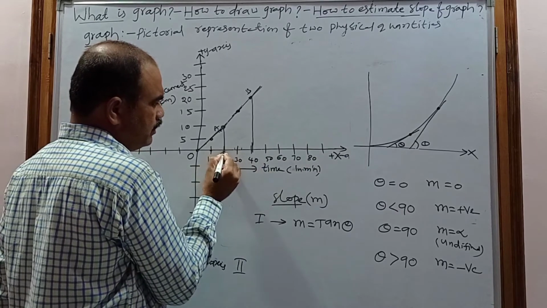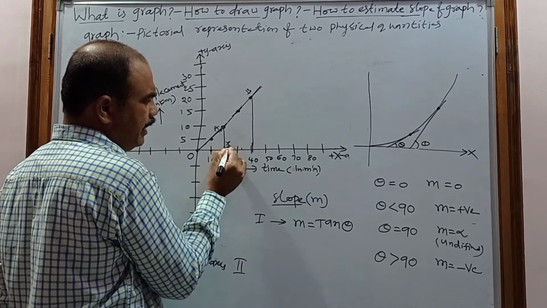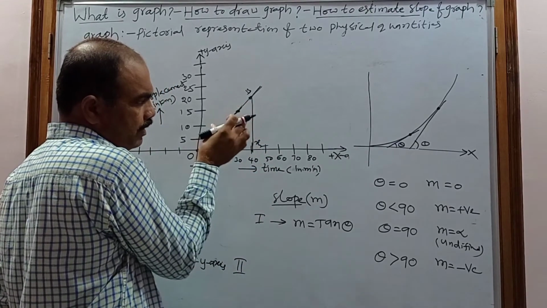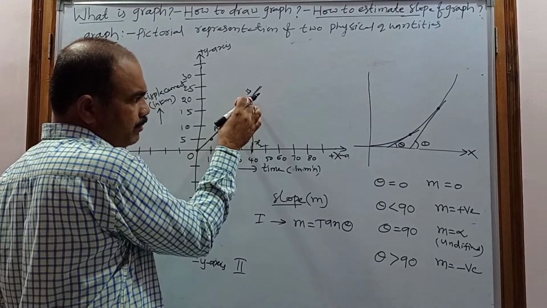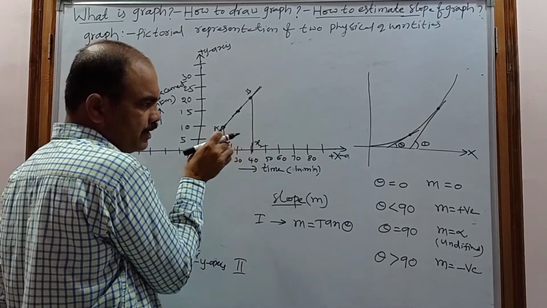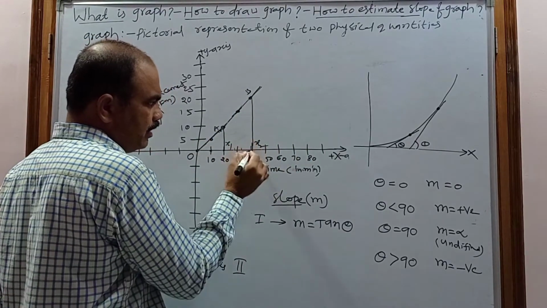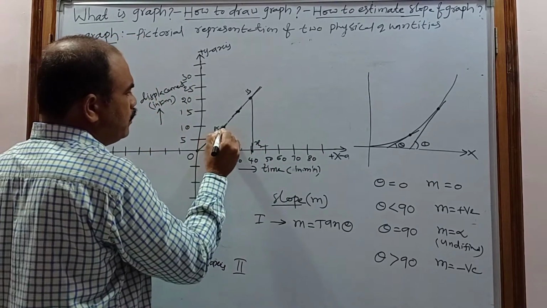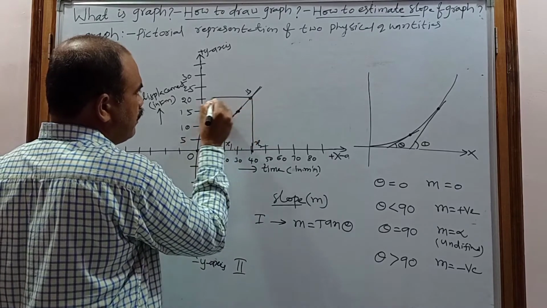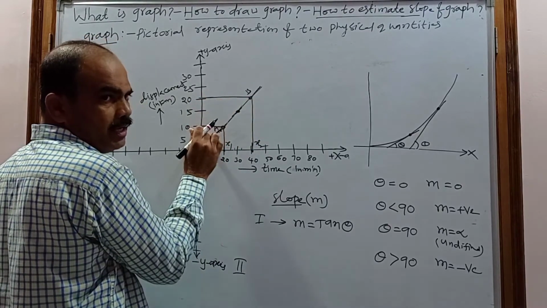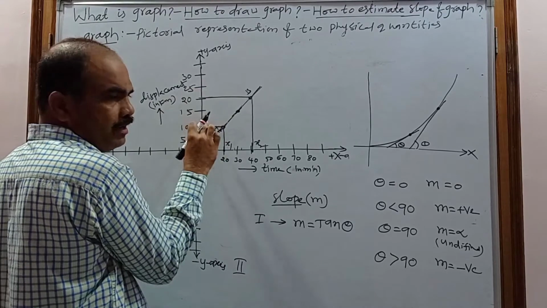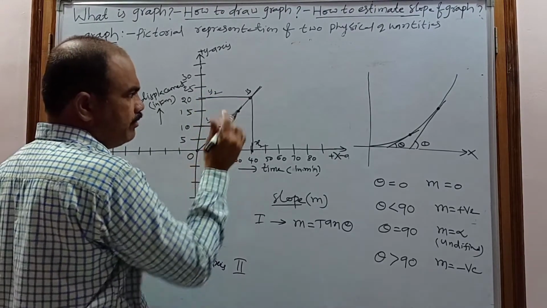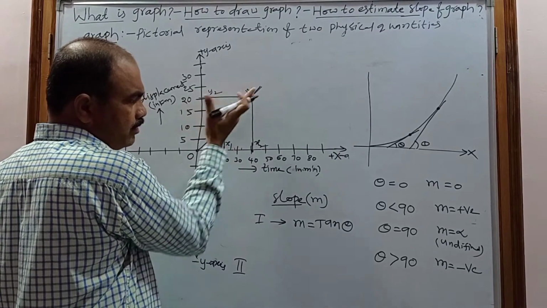Now this value can be taken as x1 and this value can be taken as x2. So when we draw the two perpendiculars from the 2 points to the x-axis, they intersect somewhere on the x-axis. That point can be taken as what? x1 and x2. And if we draw the two perpendiculars from the 2 points to the y-axis, they also intersect the y-axis somewhere. Those points can be taken as what? y2 and y1.